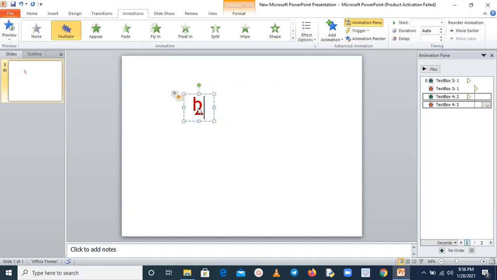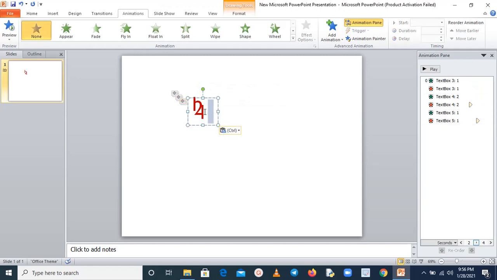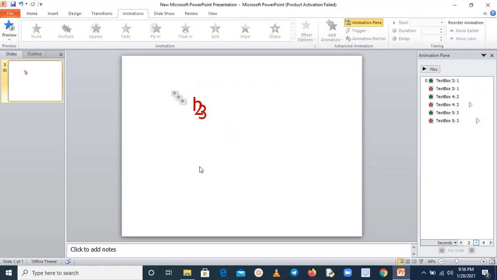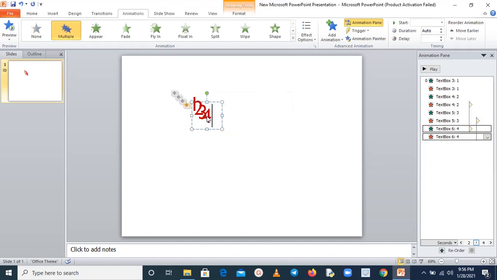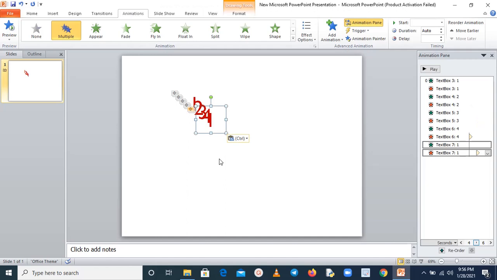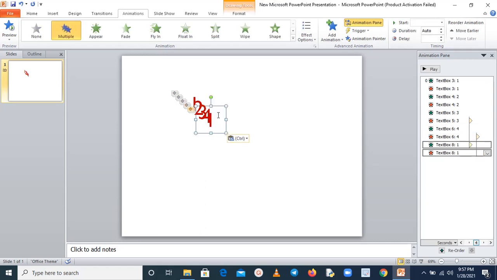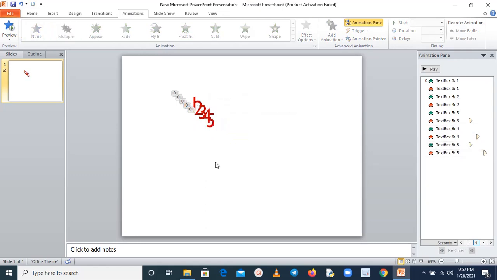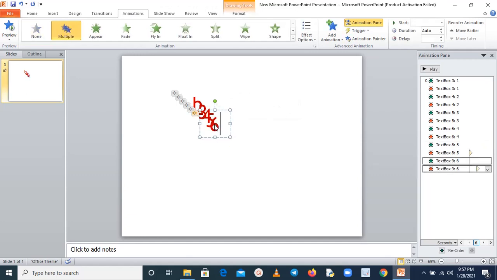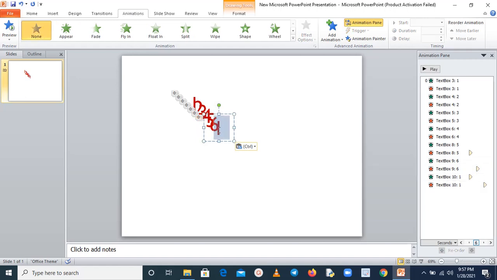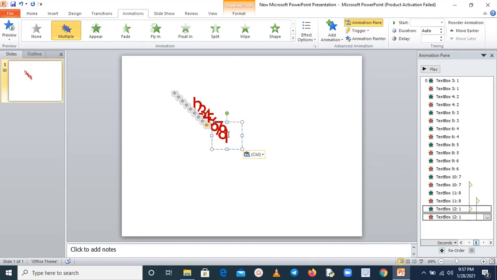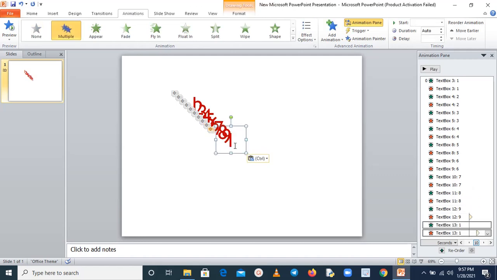Just write 2 here, again copy, 3 here, and again 4, again copy, 5, 6, here 7, here 8, 9 and 10.